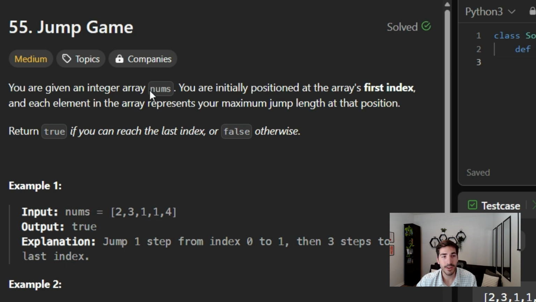To start off, we are given an integer array called nums. We are initially positioned at the array's first index. Each element in the array represents your maximum jump length at that position, so return true if you can reach the last index or false if you cannot. We have two different values we're trying to return, Boolean. We know that will be an easy way to return a value at the end of this function that we're calling. But let's look at the example here and see how we would actually look at going to the